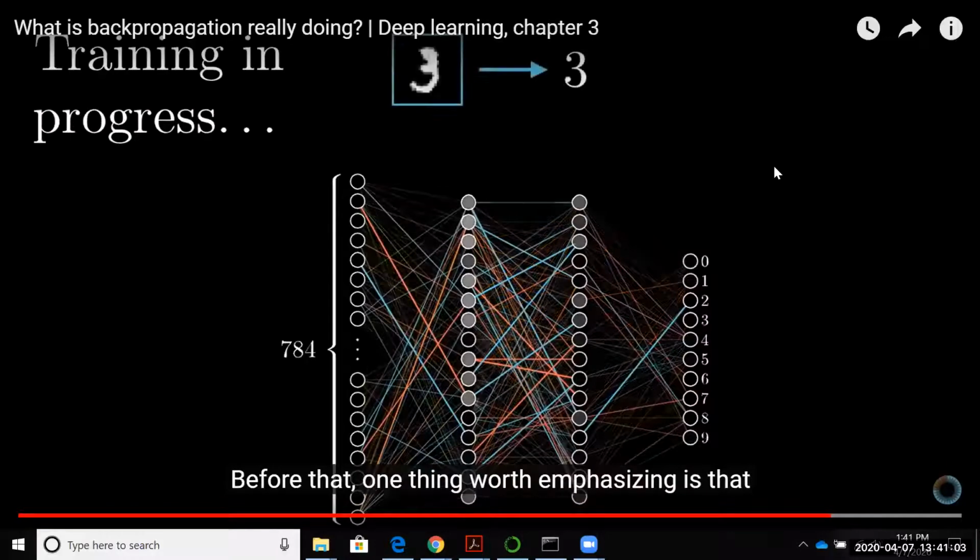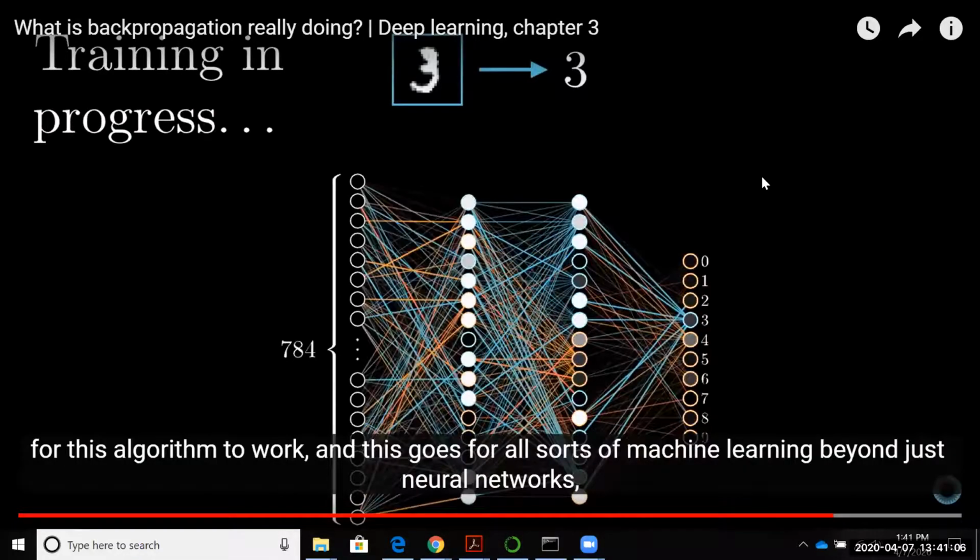Before that, one thing worth emphasizing is that for this algorithm to work, and this goes